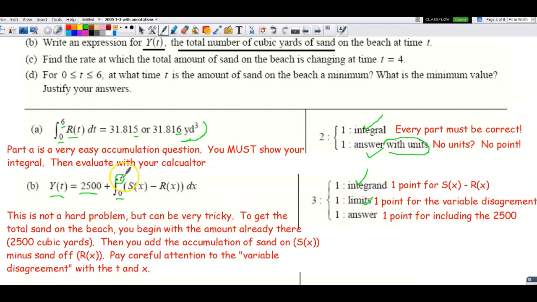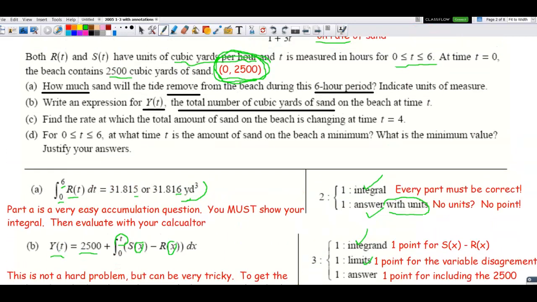Now, if you had a t here, and a t here, and here, and here, they might be forgiving, they might not. We don't know from year to year what the standard is going to be. So get into the habit that if we want to output t, in this case they told us they wanted y of t, that we have a different variable here. It didn't have to be x. It could be another variable. It's not a hard problem, but it can be tricky,